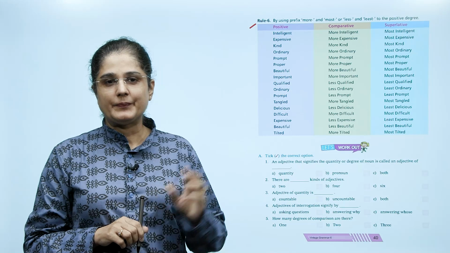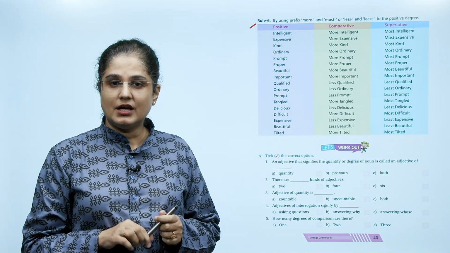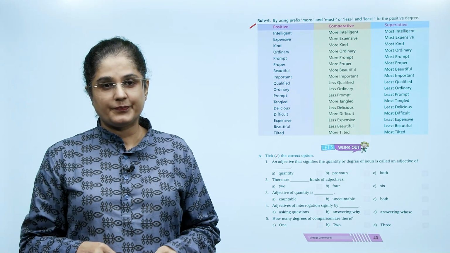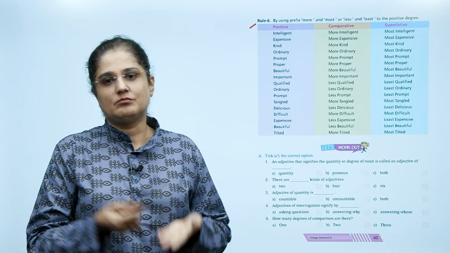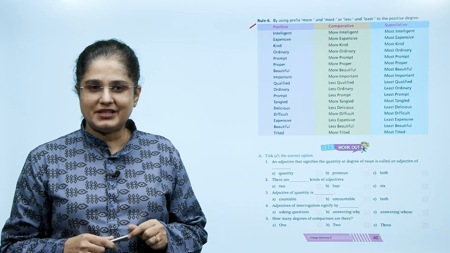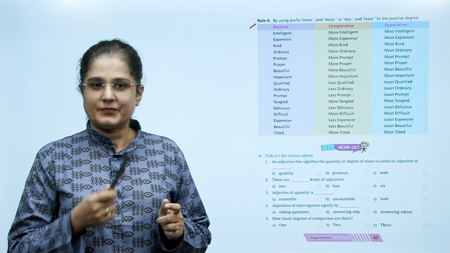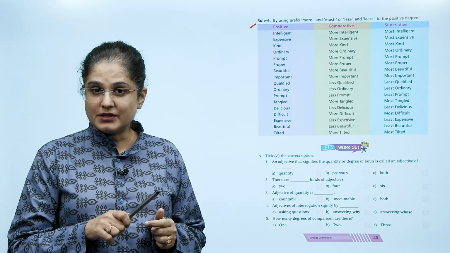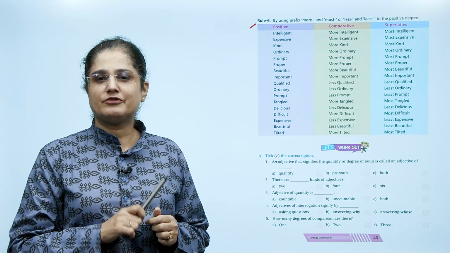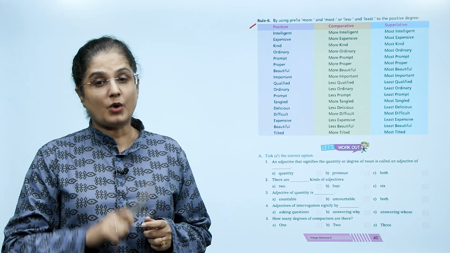For example, intelligent, more intelligent, most intelligent; expensive, more expensive, most expensive; kind, more kind, most kind; ordinary, more ordinary, most ordinary; prompt, more prompt, most prompt; proper, more proper, most proper; beautiful, more beautiful, most beautiful; important, more important,